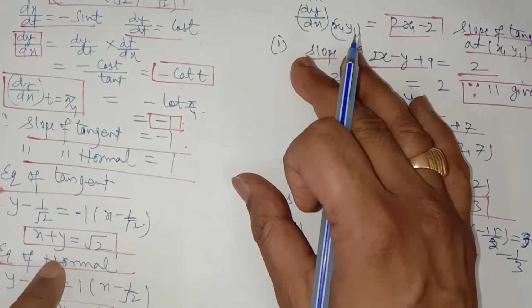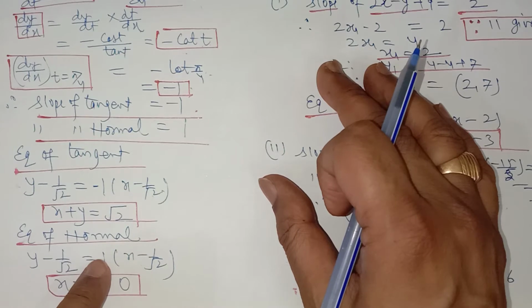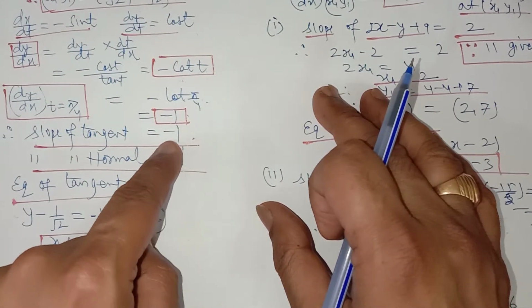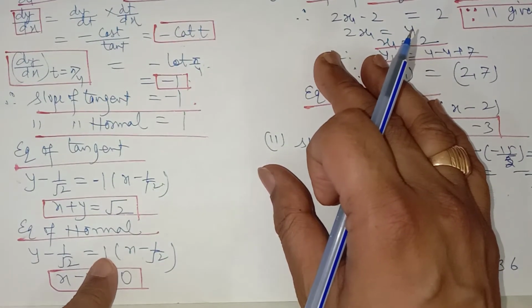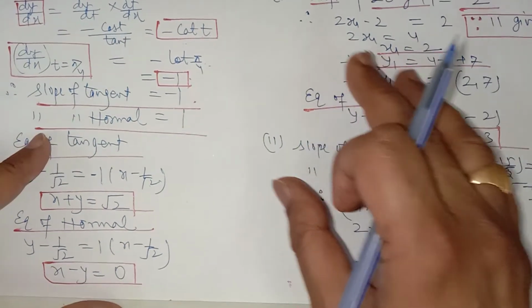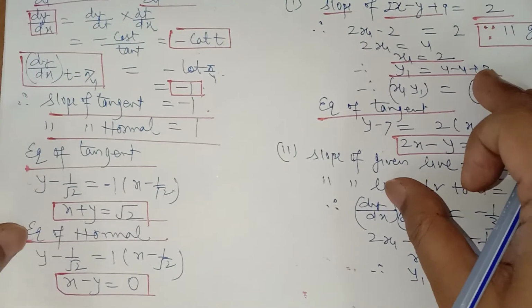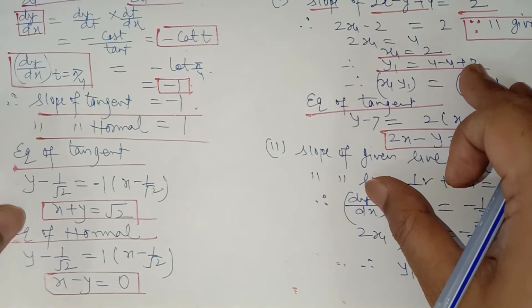So this is the equation of the tangent, and to find the equation of the normal, y minus y1 is equal to minus 1 upon dy by dx, that is the negative reciprocal of the slope of the tangent, which will be equal to 1. The slope of the tangent is minus 1, so the slope of the normal will be 1, because the slope of the normal is the negative reciprocal of the slope of the tangent, as they are perpendicular to each other. Like this, you can find the equation of the tangent and normal when the coordinates and the curve are given.